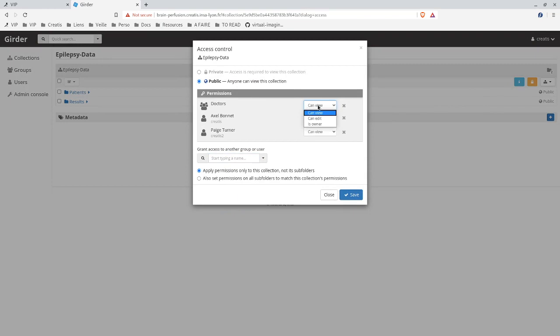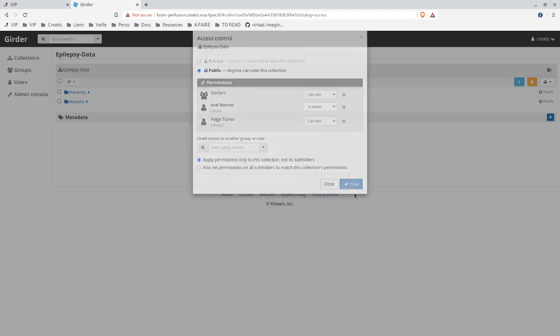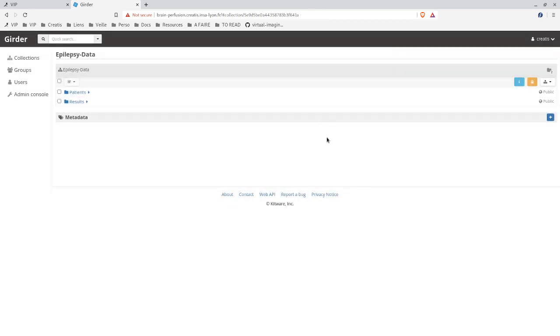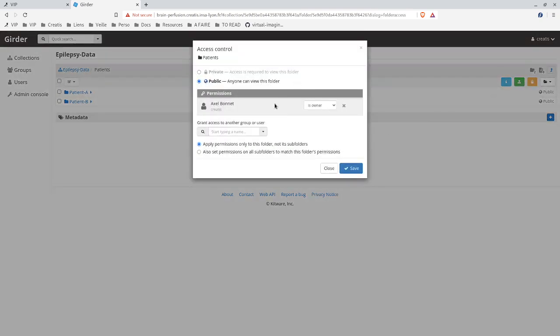For instance, here I can give write permissions for this group and this user. And those permissions are fine-grained. I can change them on any collection, but also on any folder. So here I have a new access control setting for this folder.